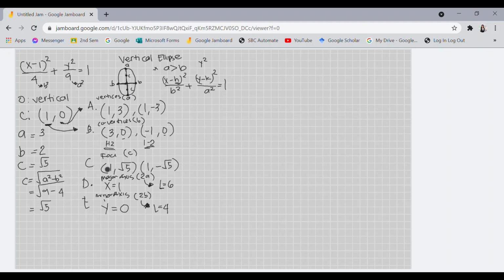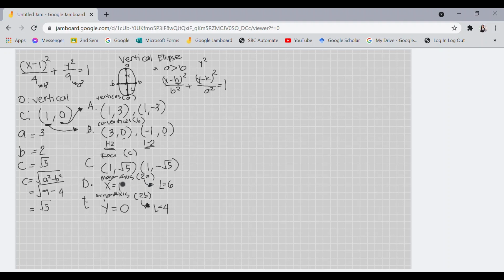And then for the foci, same with our vertices, pataas at pababa. So, y-coordinate po yung magbabago by square root of 5 units. So, plus square root of 5, minus square root of 5, copy lang yung x-coordinate. And then for your major axis,